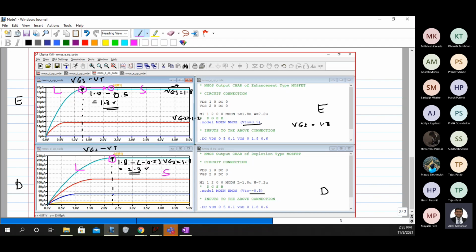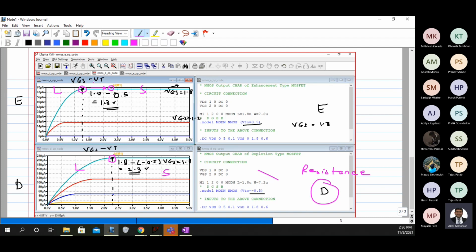So what it means is that if you want to use the MOSFET as a resistance, then it is better to go for depletion type MOSFET, because it has got a bigger linear region where current is proportional to the change in voltage.